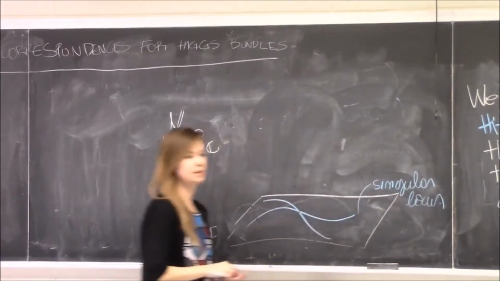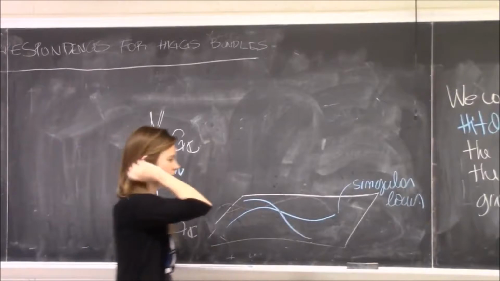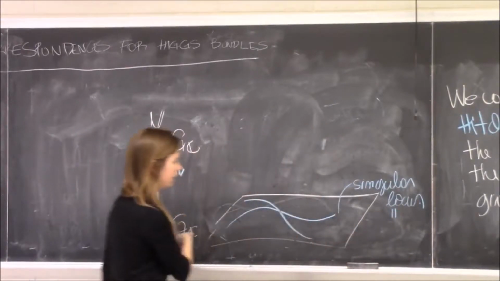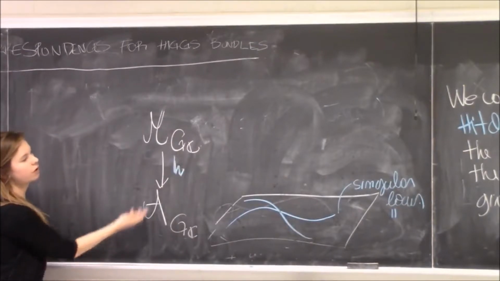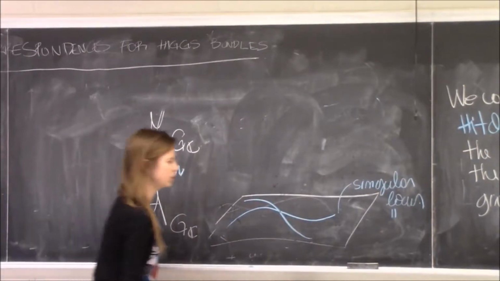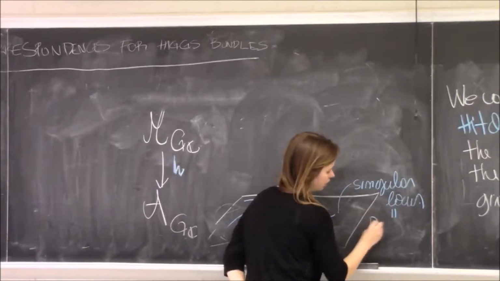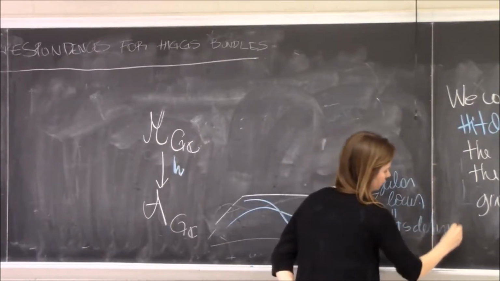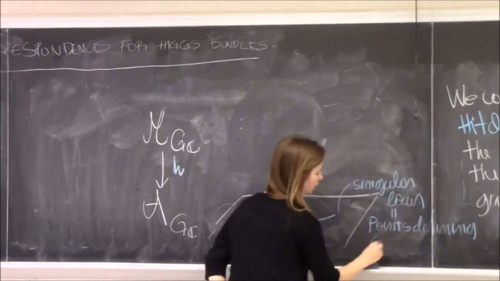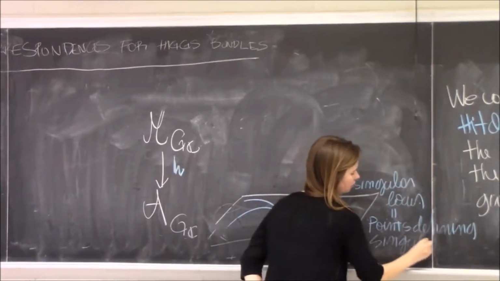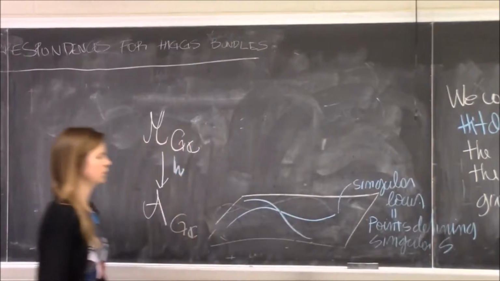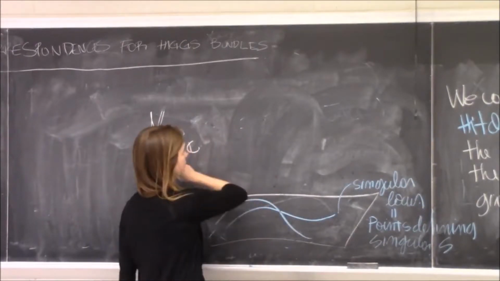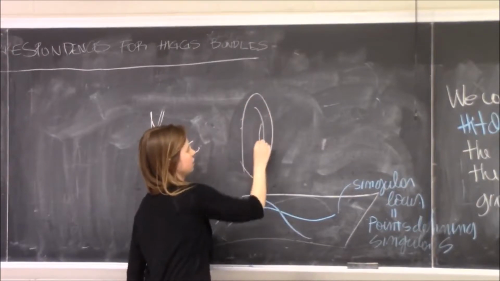And the way that we describe the singular locus, so I haven't told you what the singular point is, but what a singular point will be, it will be a point in the base which comes from a singular spectral cover. So the singular locus is equal to the points defining singular S. So you have all of those points, and over the top of this fibration, in these fibers, you have these tori,